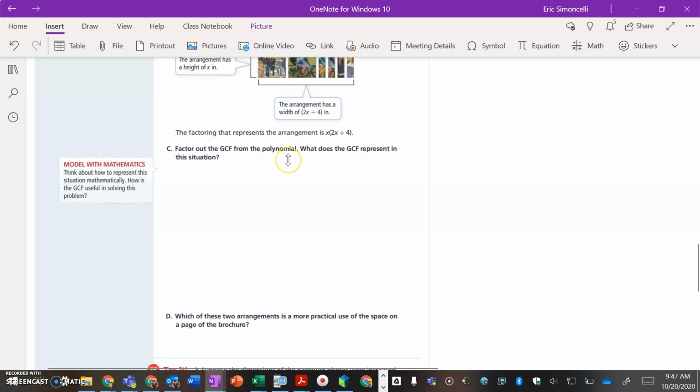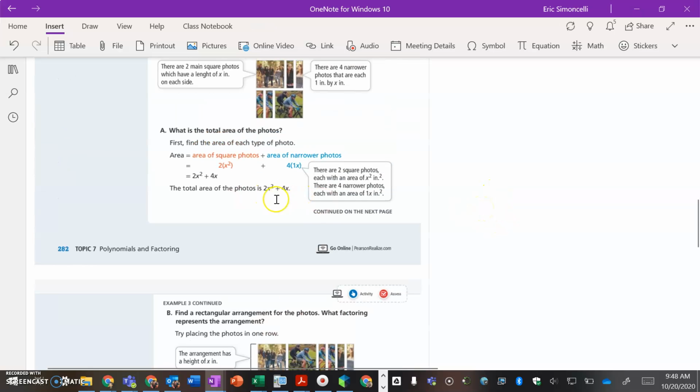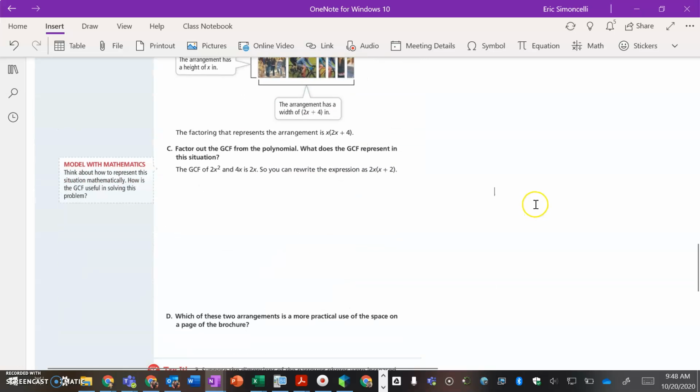Part C says factor out the GCF from the polynomial. What does the GCF represent in this situation? So I'm going to go back to part A for the moment and look at 2x squared plus 4x. For our purposes, 2x squared and 4x does in fact have a GCF of 2x, so you can rewrite the expression as 2x times the quantity x plus 2,